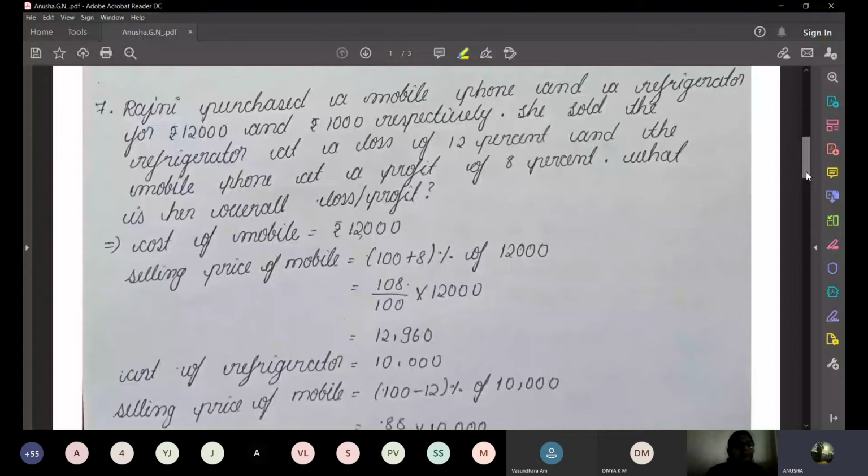Mobile phone had a profit of 8%. What is our overall loss or profit? Here they have given she purchased a mobile phone for rupees 12,000 and the refrigerator for...